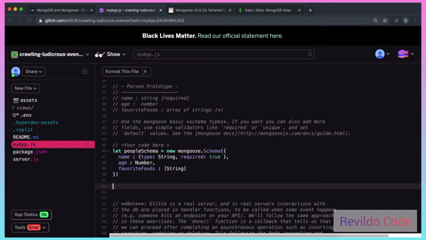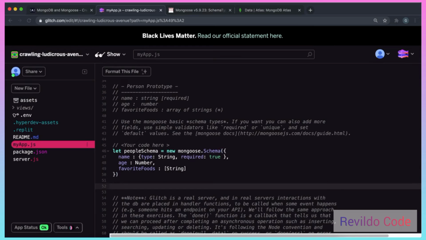So now we have the people schema, which dictates what information each person should have associated with them. So the next thing we need to do is create a model. And a model is basically something that you would model in real life. So we're modeling people here, but a single people, I guess, is called a person. So you do something like let person equals,